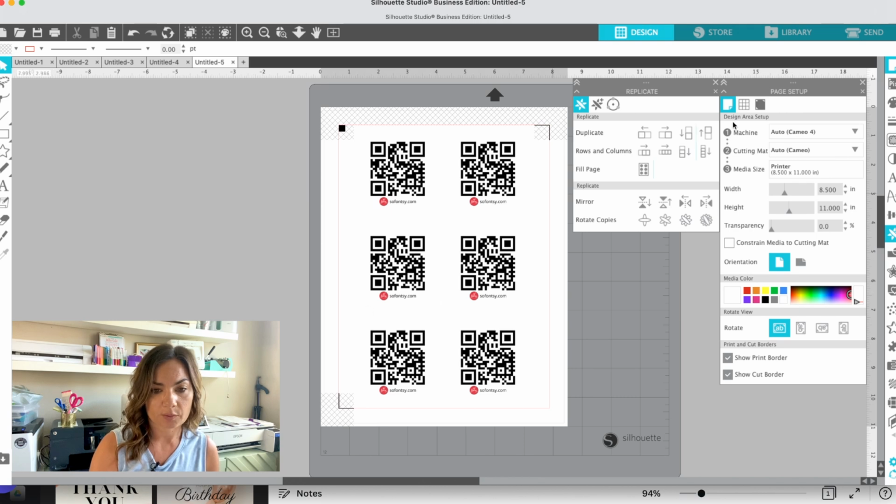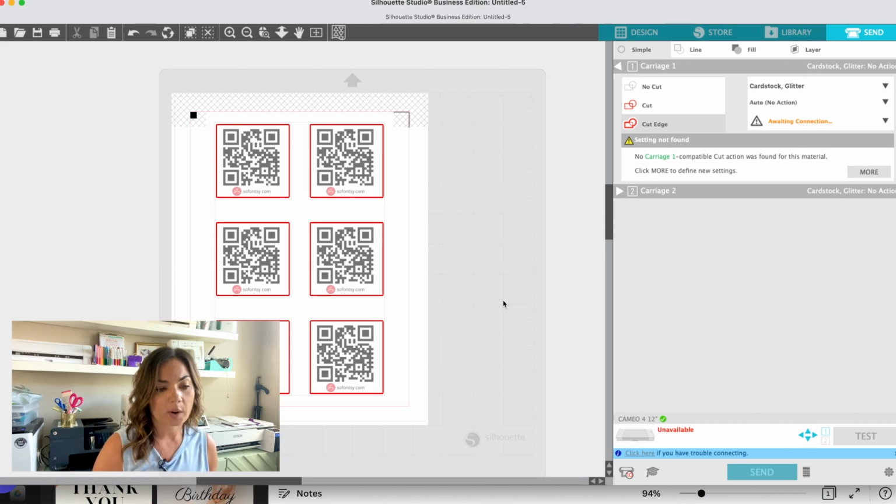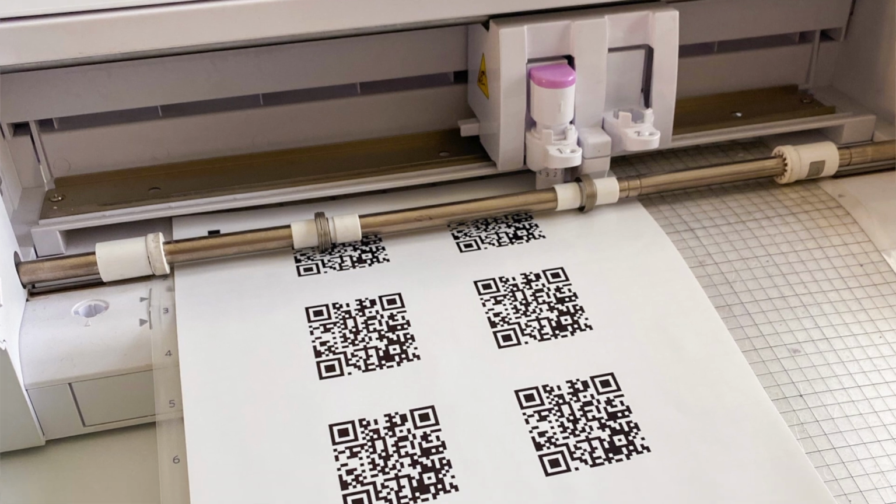Now, just to preview, we'll go to send, and that is going to show you where the cut lines are, which right now we don't have any. So we are just going to click cut edge, and that is going to put a square cut line around all of our stickers. So we will then be able to print this and then cut,